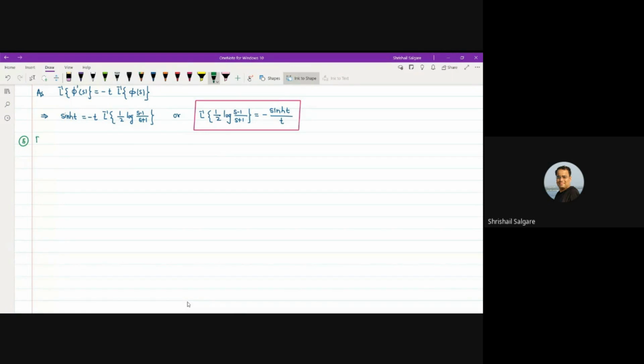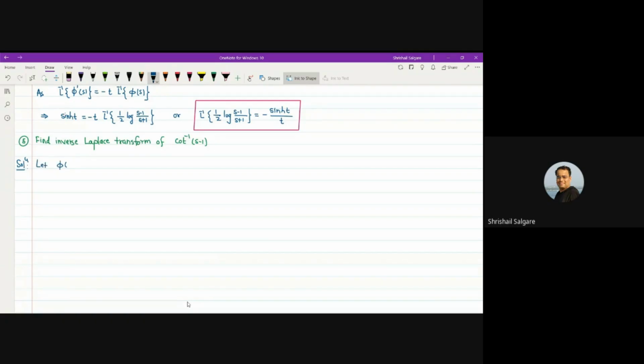Find the inverse Laplace transform of cot inverse of s minus 1. So let